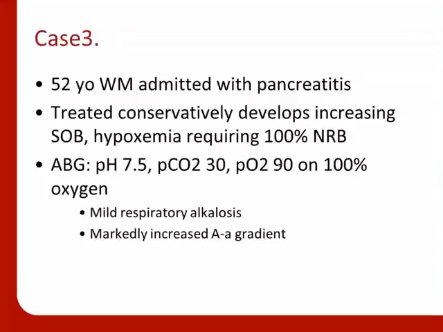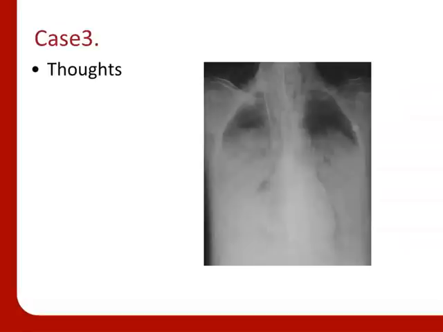The next case is a 52-year-old gentleman with pancreatitis. He's being treated conservatively. He develops progressive shortness of breath and hypoxemia and ends up on 100% non-rebreather. You can see his PO2 is 90 on 100%. He has a respiratory alkalosis and an increased AA gradient. And this is his chest X-ray. And you can see he's got diffuse infiltrates